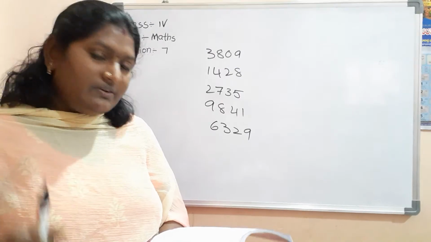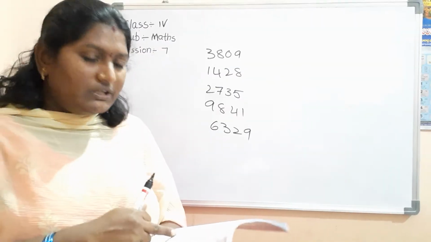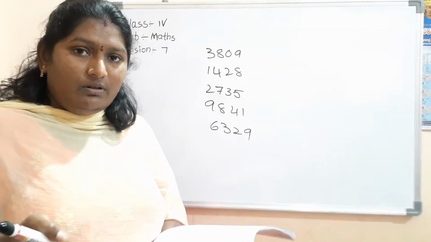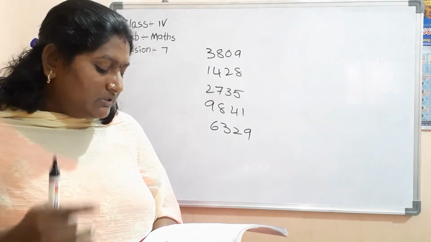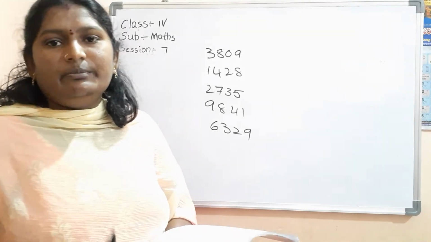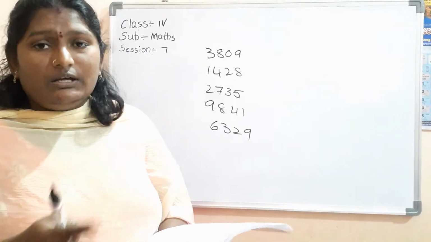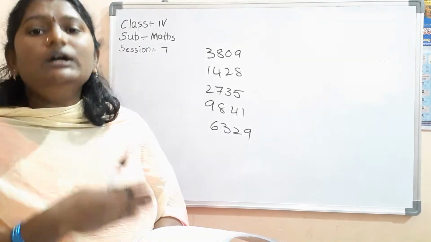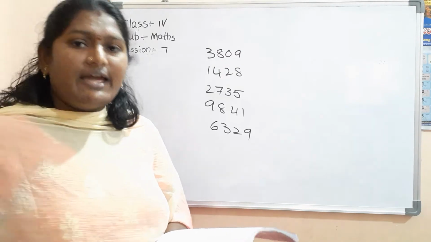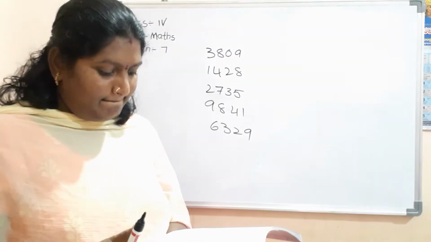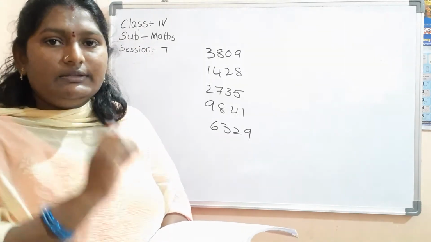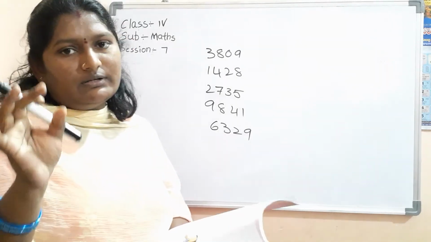4736, 4736. Are both equal, or big, or small? You have to compare the numbers. And the third one, 2003, 108. Which one is a big number? Which ones are equal? You have to think and put the signs greater than, less than and equal to. Okay, it is very simple. That's why I am giving you homework.